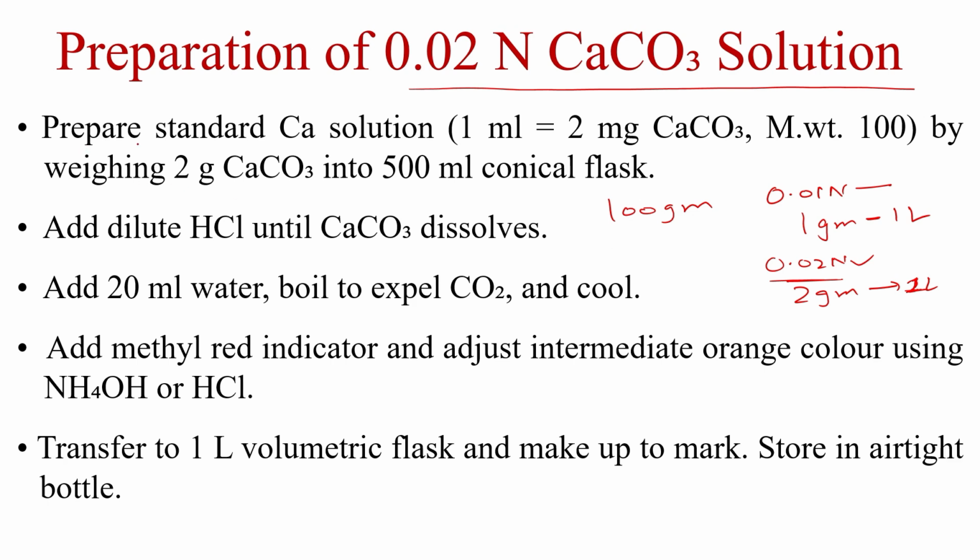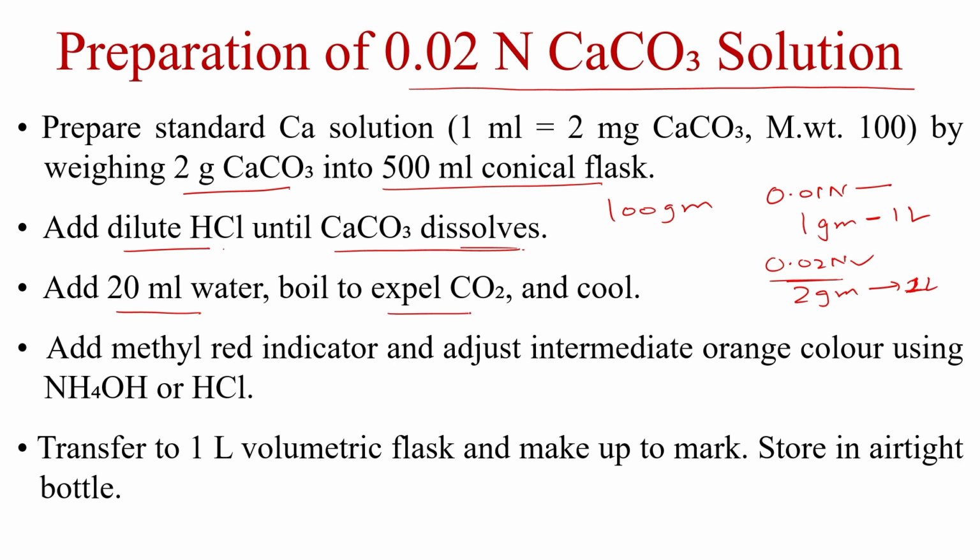Okay, so how will you prepare standard calcium solution? By weighing 2 gram calcium carbonate into a 500 ml conical flask, and then you have to make use of dilute HCl until calcium carbonate dissolves. Otherwise, as we know, calcium carbonate is not dissolved in water easily. So we have to make use of dilute HCl until calcium carbonate dissolves, and then we will add 20 ml water,